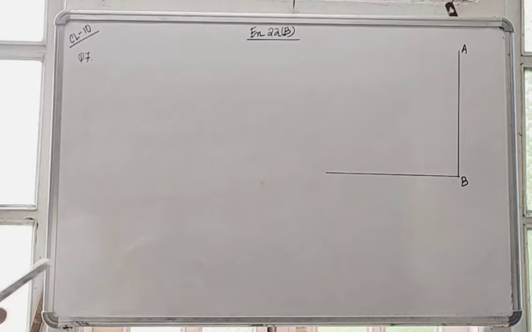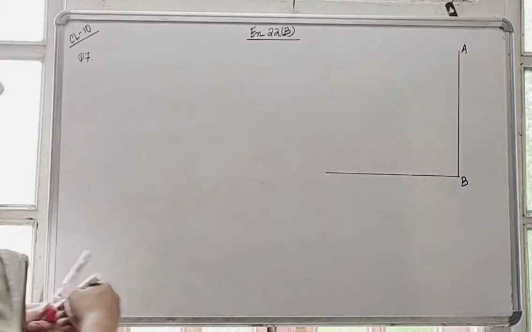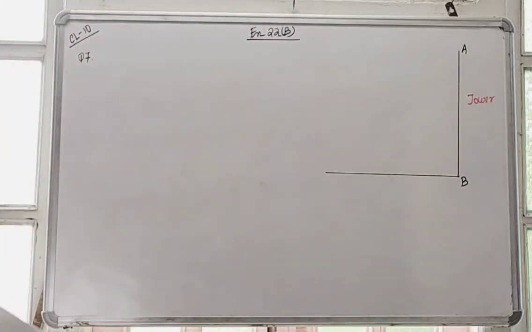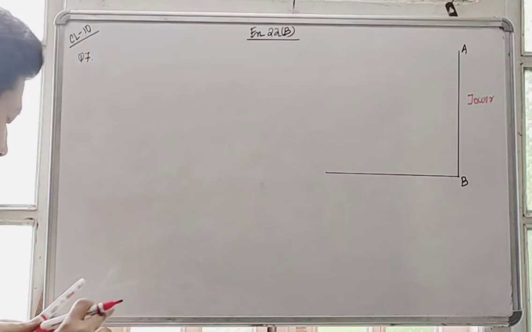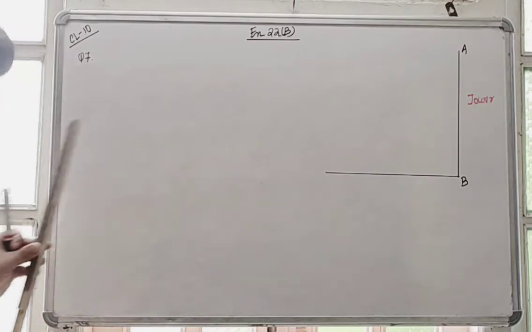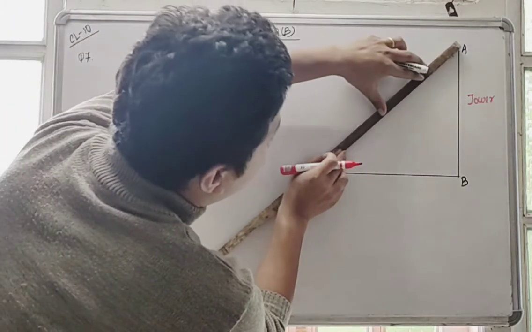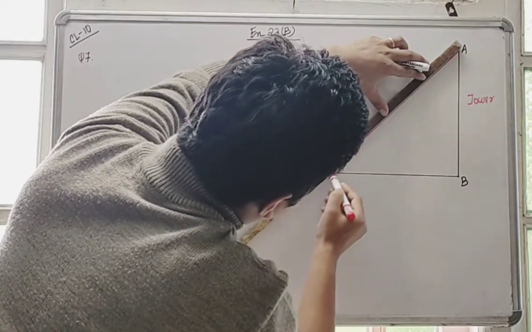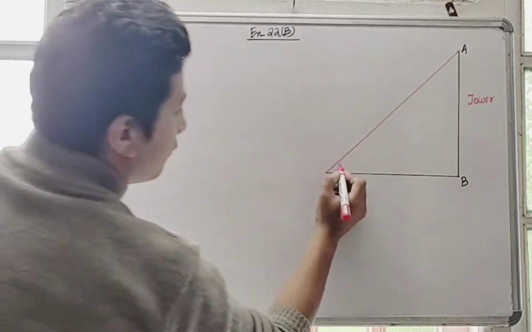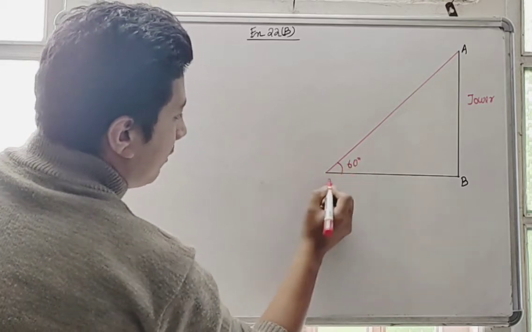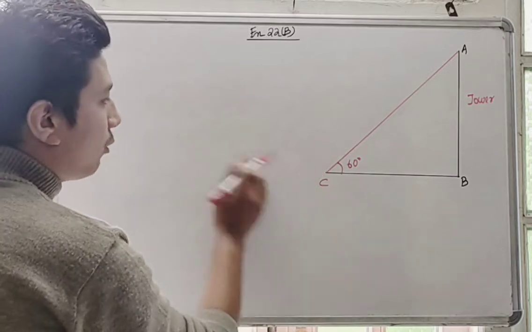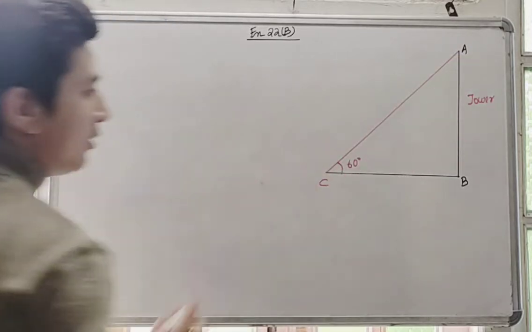The angle of elevation, if I assume this AB is my tower, then the angle of elevation of the top of the tower from this point is observed to be 60 degrees. So therefore this angle, if I draw it, will be 60 degrees. Let's keep it as point C. So from point C, if I'm observing the top of the tower, the angle of elevation is observed to be